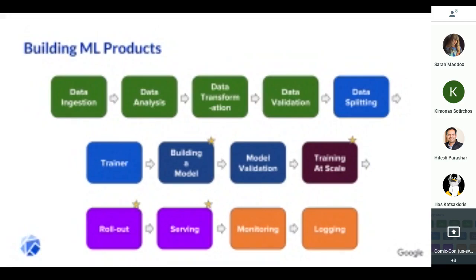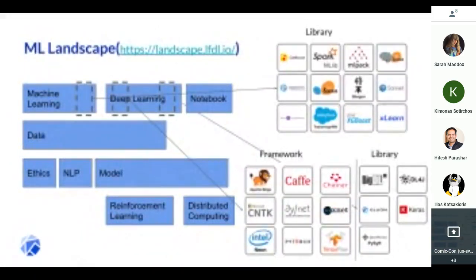And the key point of this slide was that for each of these phases of development, you have multiple choices, right? If you're training your model, you could be using PyTorch, you could be using TensorFlow, you could be using XGBoost. And I think a great way to capture the breadth of that landscape and the set of options is this diagram from the Deep Learning Foundation that attempts to build a diagram of the ML landscape. They've basically chunked up different areas of machine learning into different functional areas. So there's a box for classical machine learning, there's a box for deep learning, and then boxes for data, ethics, et cetera.